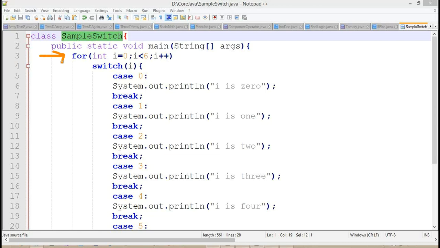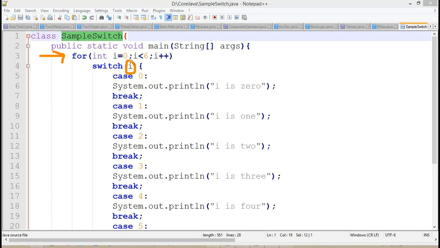Back to here. Now we are trying to check with this loop. Whenever the loop is repeating, what is the i value? The i value is initially 0. If this i value is 0, which case is going to execute here?